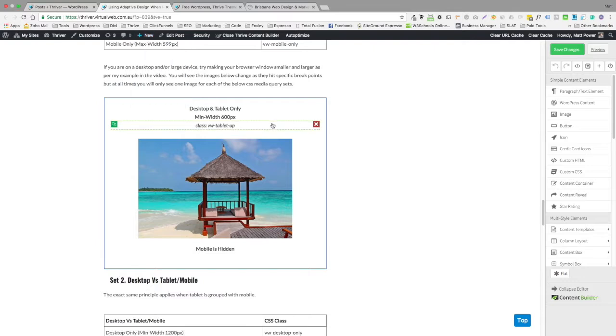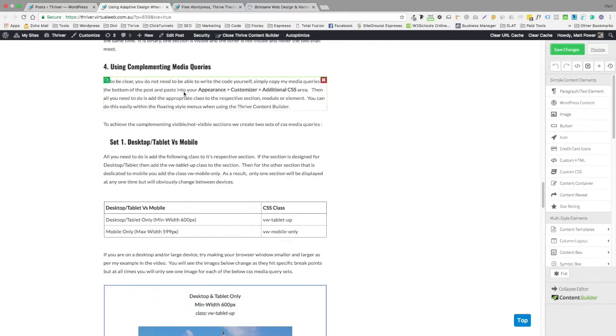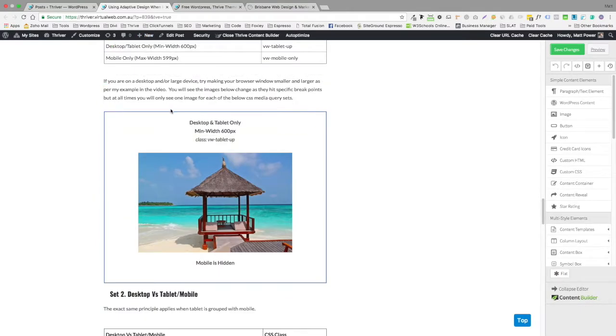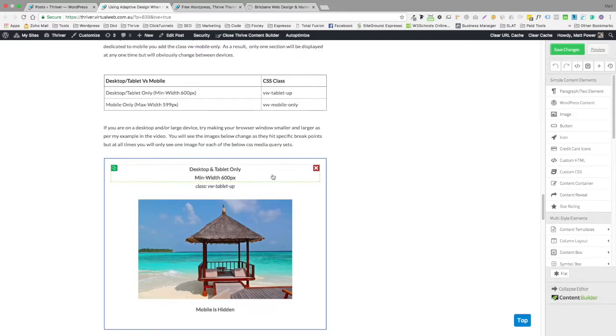Okay, so let's go back to the tutorial. Now, what I've done as an example is created this very thing. So here, I've actually got two sections. One of them you can't see because it only displays on mobile. So this view here is for desktop and tablet only, and basically to do that I use a CSS class,